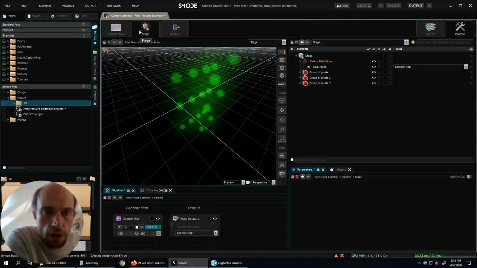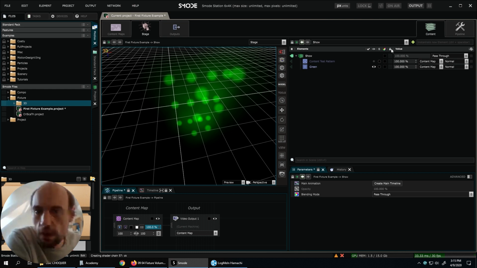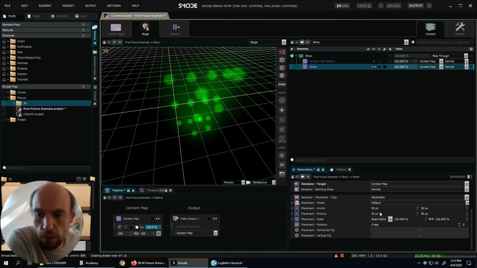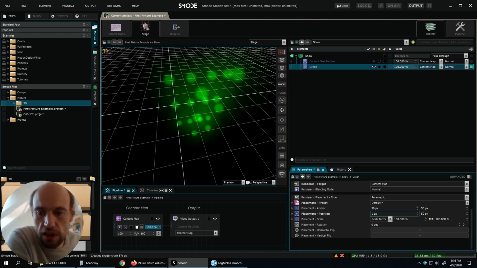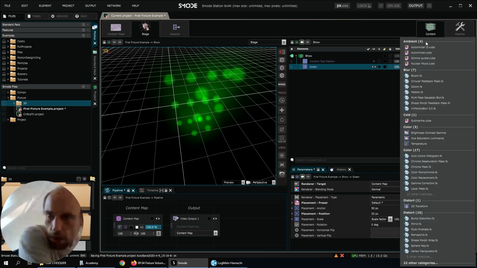Let's unlock the viewport. Then we can go back to the stage, see our pixels. And now something very simple we can do, for example, is to move this layer. And it moves in the content map. And as a consequence, the pixels get on and off. So maybe I'm going to create another layer here.